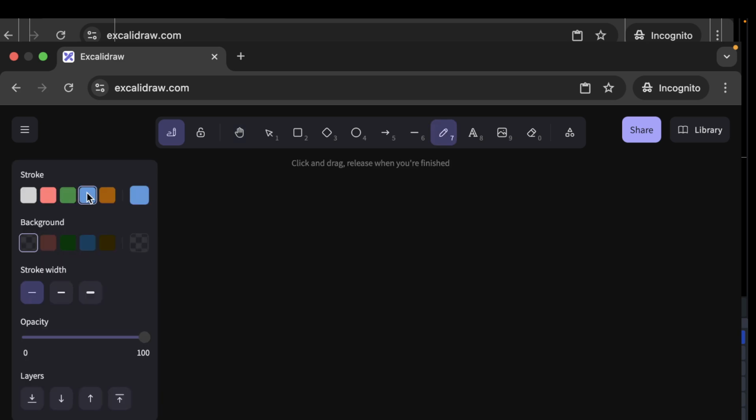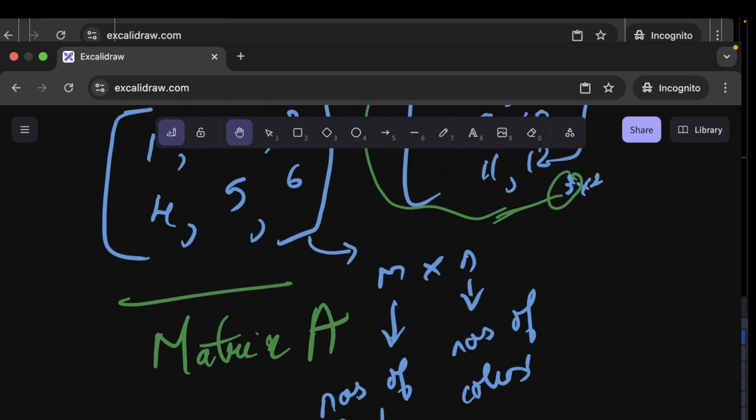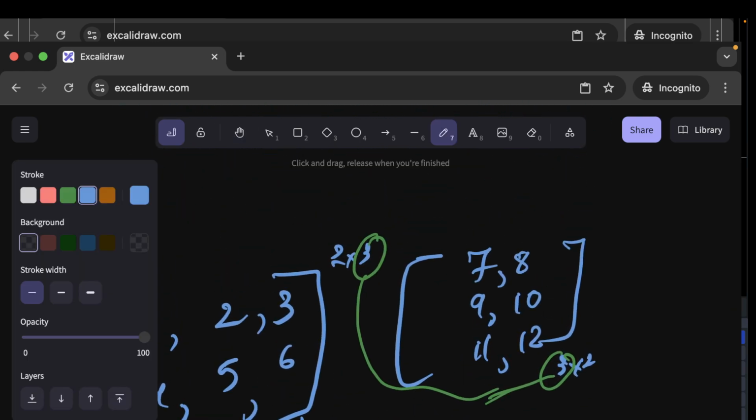So the way we calculate the result is, the resultant matrix will be a 2 cross 2. It is going to have 2 rows and 2 columns. So a 2 cross 2 matrix. Okay, so the way the multiplication is going to happen is,